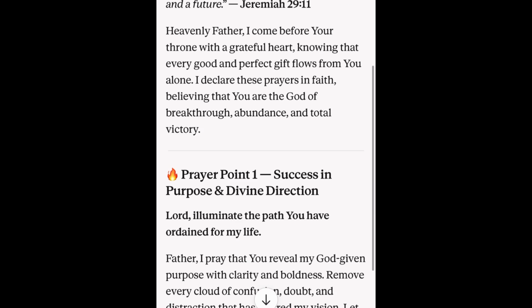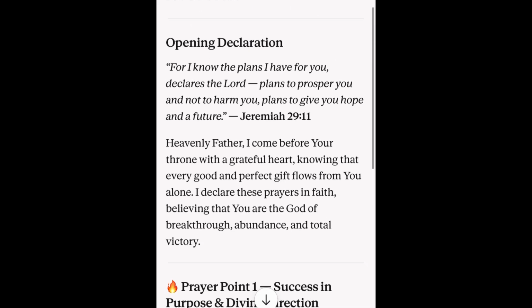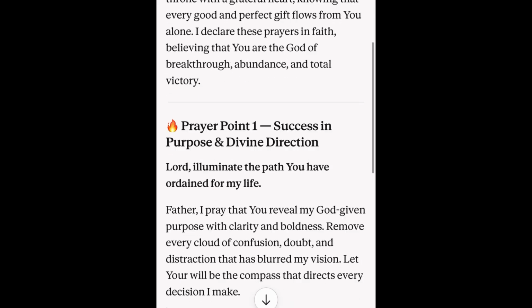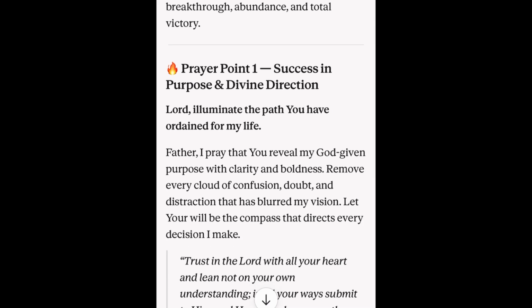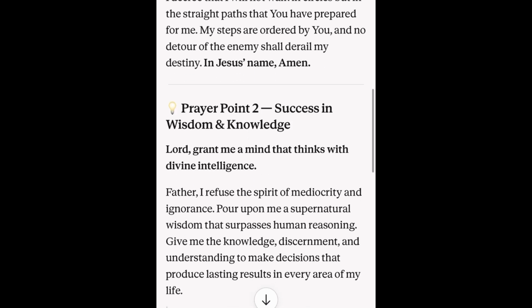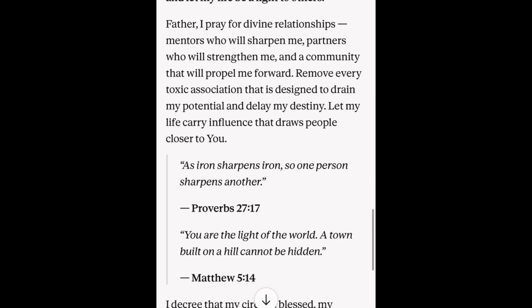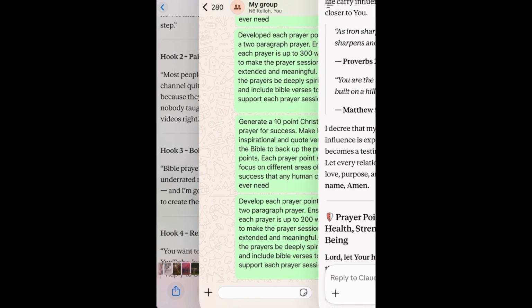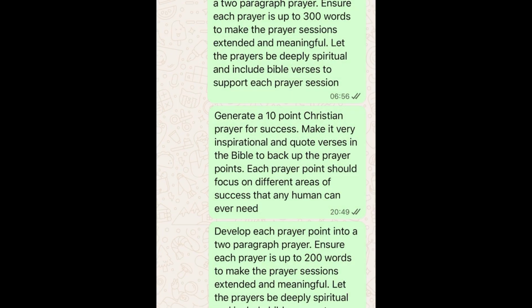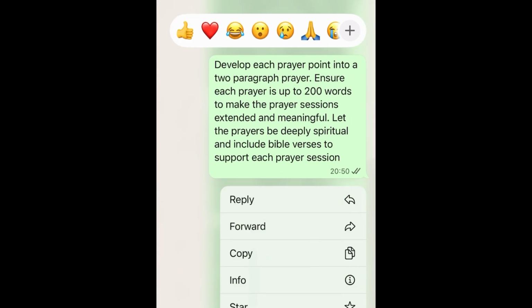Okay, you can see the opening declaration. The first prayer point, success in purpose and divine direction. Okay, prayer point 2, success in wisdom and knowledge. Okay, prayer point 3. So the next thing you're going to do is copy the second prompt